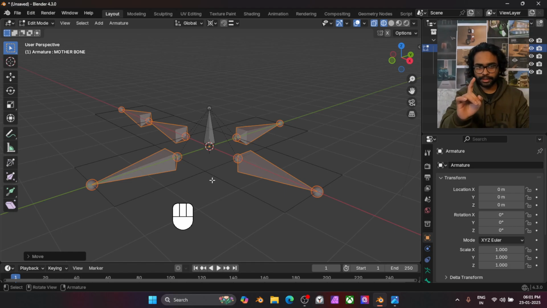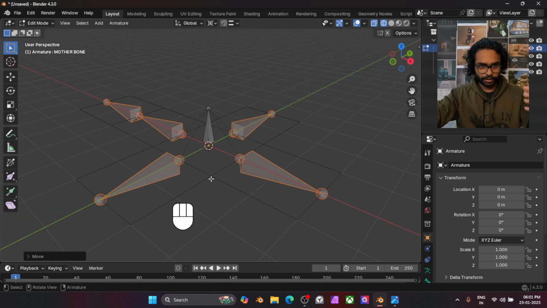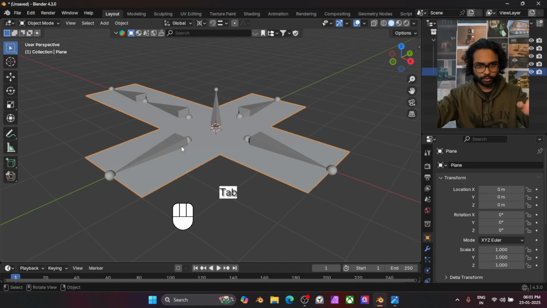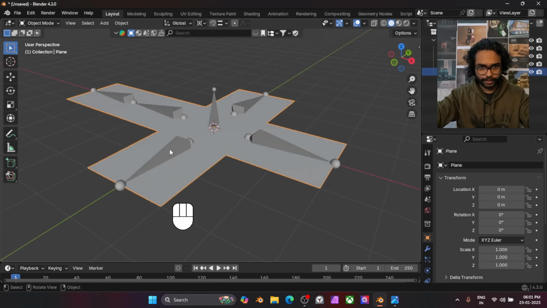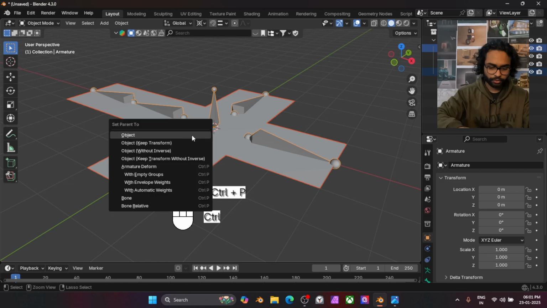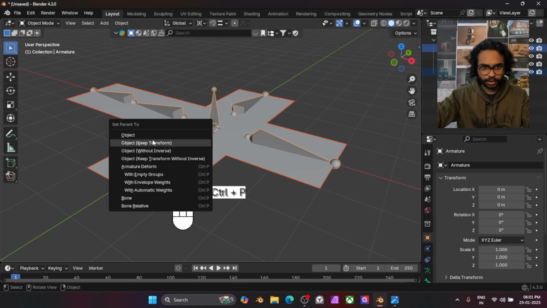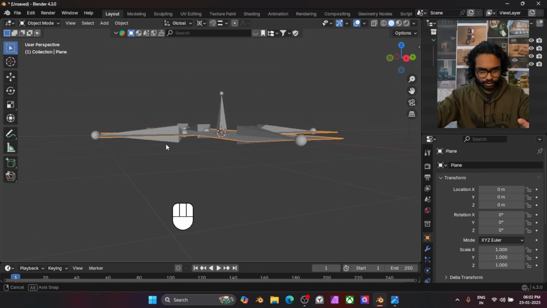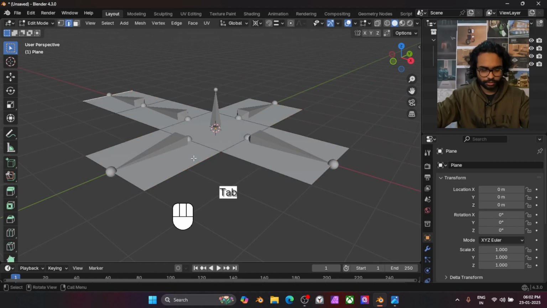Now there's one thing, we have the armature, we have the shape of the box. Now we have to assign it, because we have to control the box, so we have to make the parent. So first of all, make the parent in solid mode, object mode, and the box is selected, and now the armature is selected, Control P, and I have to choose object with empty groups. Now just select the box. This is not the box right now,